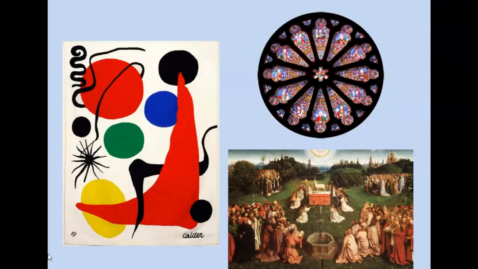You have three examples here. The top left gives us an example of asymmetric. You can see the bold red at the top left corner and the bottom right corner, and then the black in each. That's given us a sense of balance. You can look at the shapes and how they're lined up, even at a diagonal, giving us that sense of balance. You have at the top right radial balance in a stained glass window, and then you have symmetrical balance